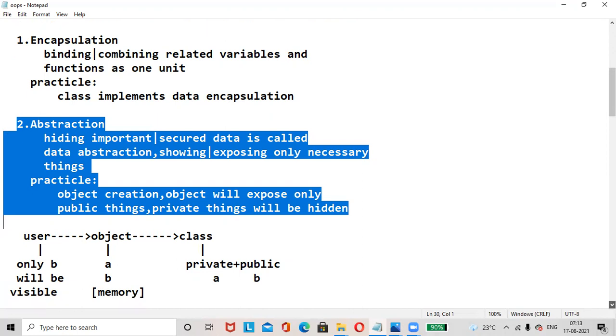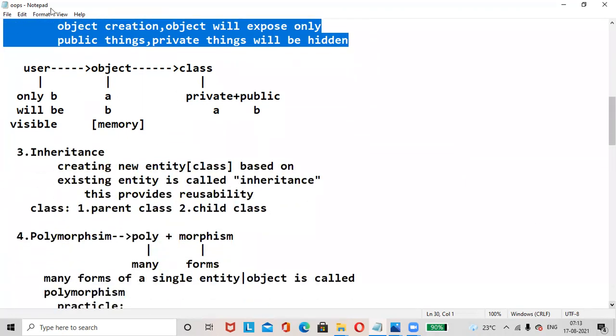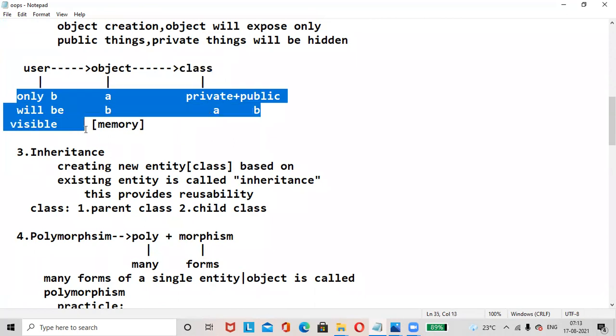Only required things are exposed to the end user. Here user is there, here objects A and B. In the class, private A, public B. Only B is visible to the end user. A is hidden from the end user.